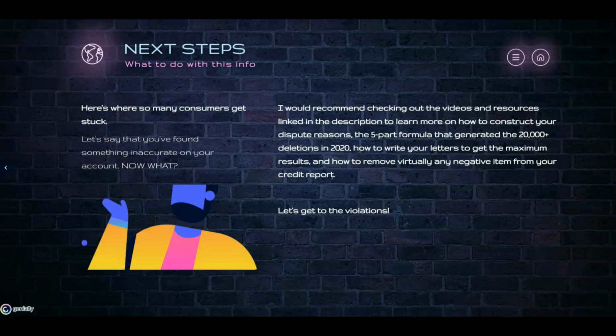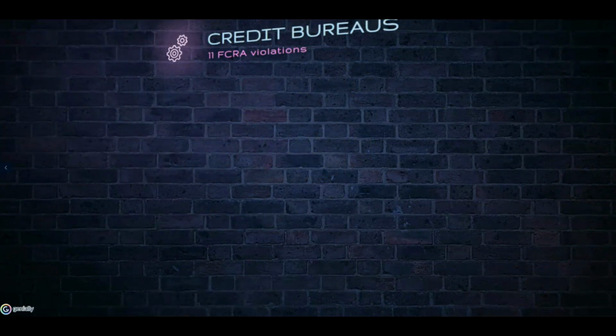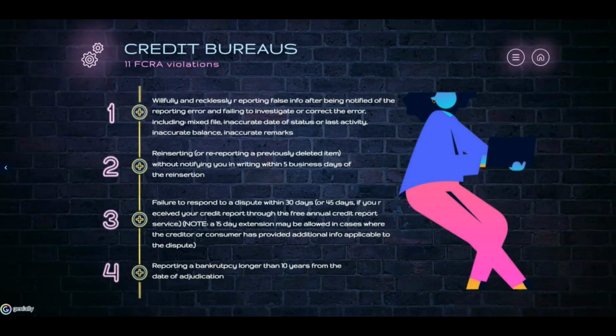We are going over the credit bureau violations, and there are 11 of them. All right. Willfully and recklessly reporting false info after being notified of the reporting error and failing to investigate or correct the error. And this does include mixed files, inaccurate data status or last activity, inaccurate balance, inaccurate remarks, reinserting or re-reporting a